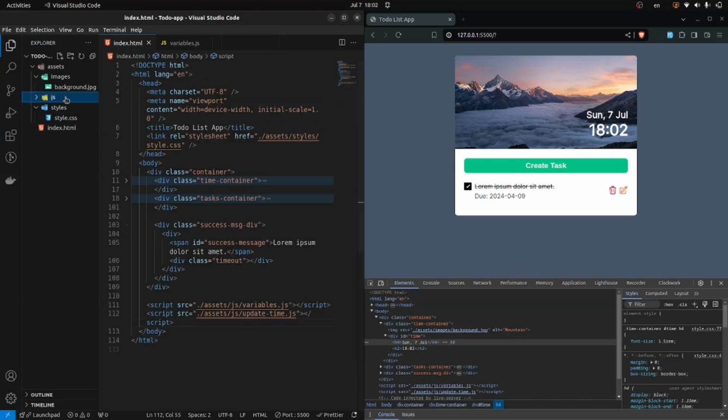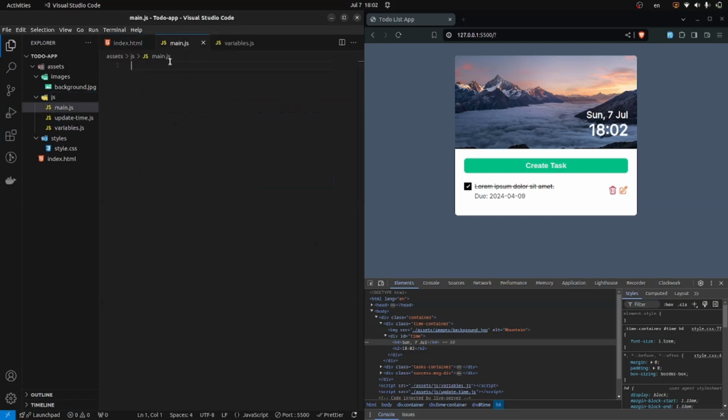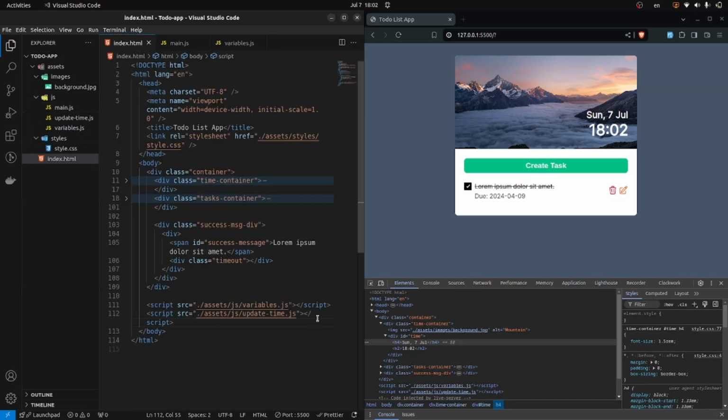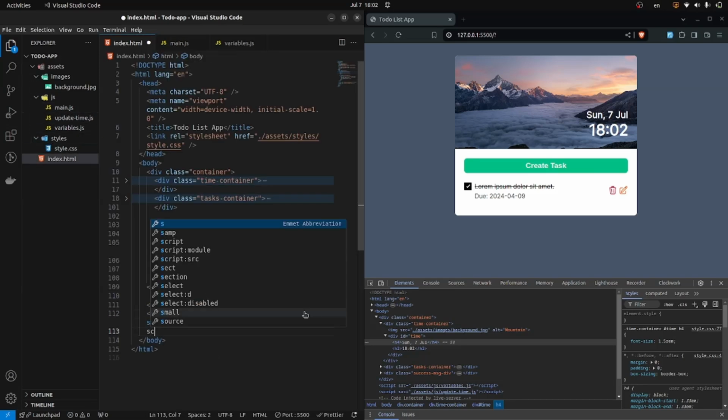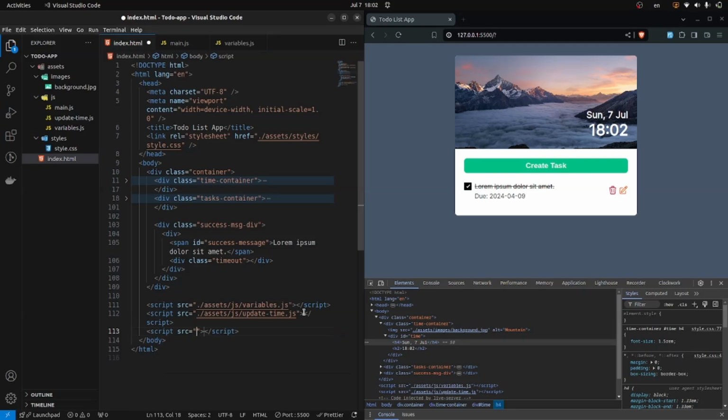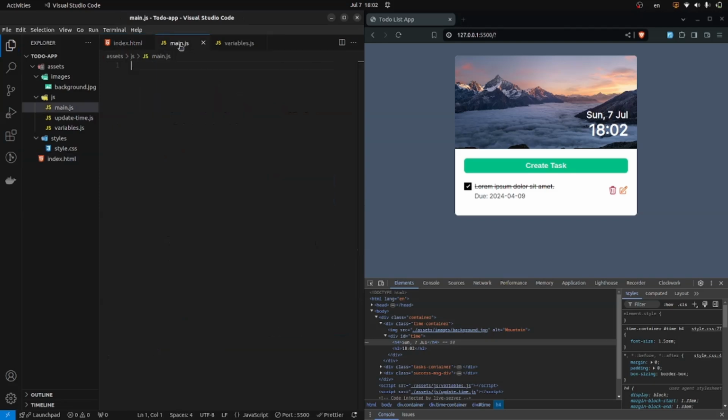Okay, now let's create our main JS file. So it's going to handle all of the task operations. After creating our main.js file, let's make sure we import it here. And also make sure you import it after variables.js, because variables.js variables are going to be used in our main.js